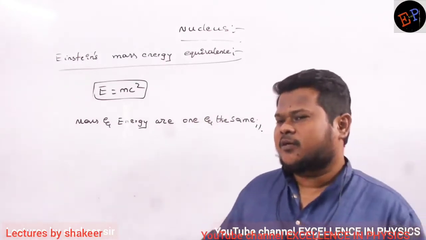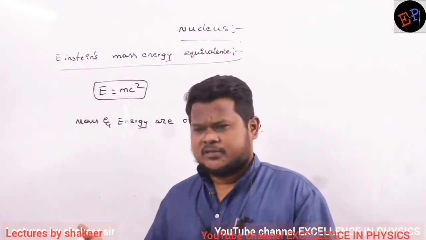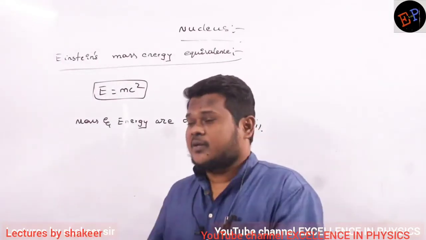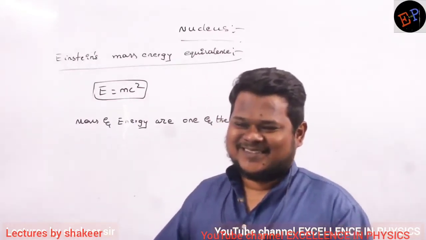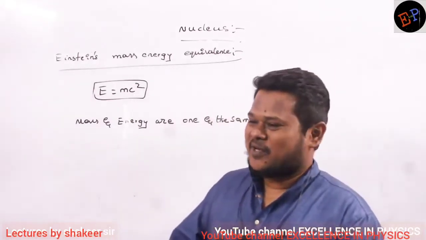So therefore he did not differentiate between mass and energy. Mass is a form of energy or radiation. Light is a form of energy, no? Light is a form of mass. If you can condense light, you can convert it into mass also. But methods of conversion we don't have. But some scientists, they proved it also.